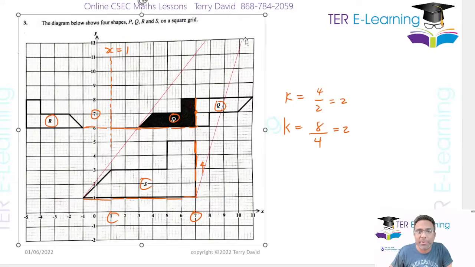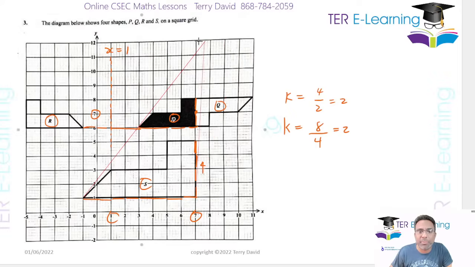So I'm going to join this point to this point here. I feel I need an extra line just to make sure we have the exact same point. I'm going to join this point. So in the exam, that's what you should have done. And if you all notice something here, I've drawn 3 lines and all of them seem to be meeting